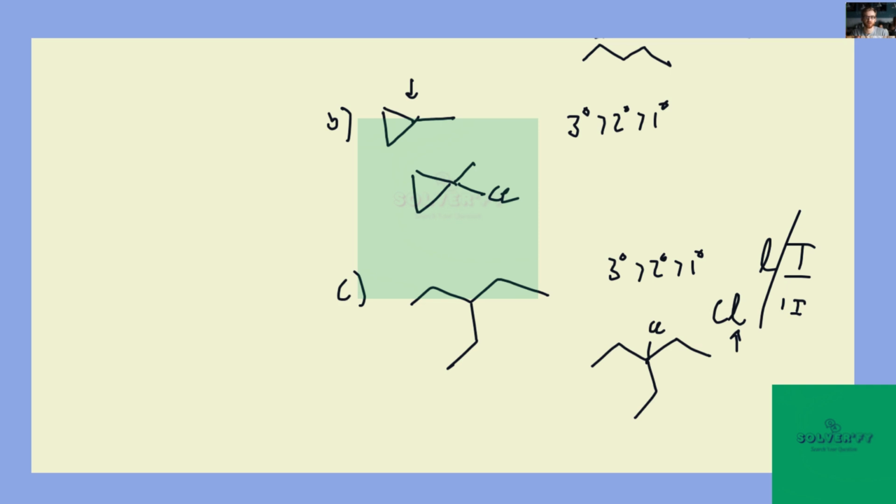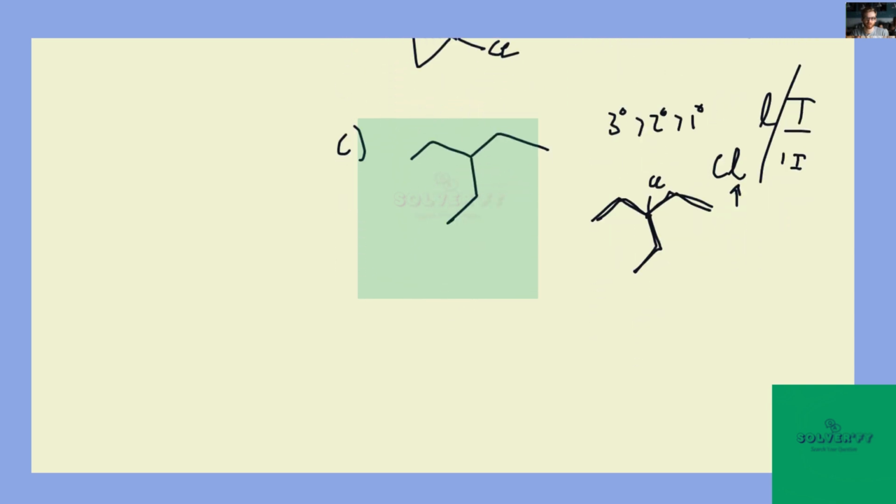Okay, this is the only tertiary center. That's where we're going to chlorinate. But have we created a stereocenter? I would argue no. And that's because at this carbon, we have an ethyl group sticking off, another ethyl group sticking off, and a third ethyl group sticking off. We need 4 unique substituents to create a stereocenter, and that's just not going to happen here, right? There aren't 4 unique substituents. There's 3 of the same, in fact. Okay, finally,